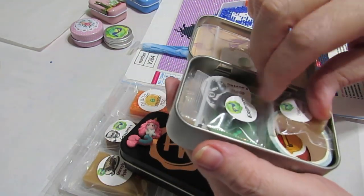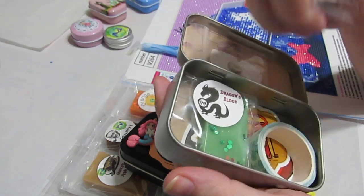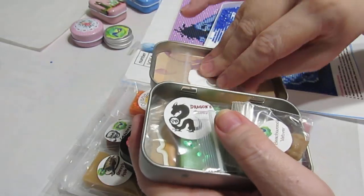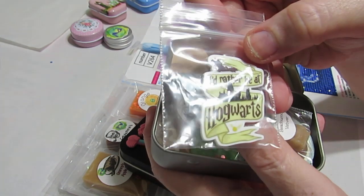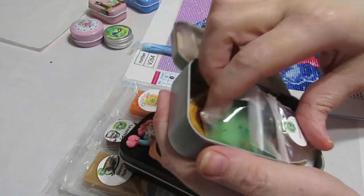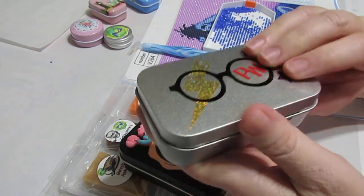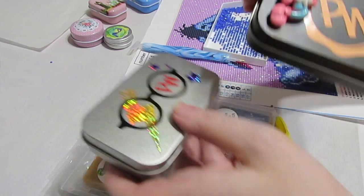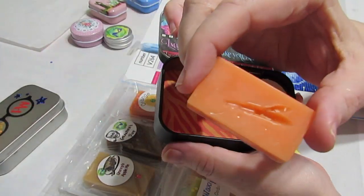I'm lying. She put candy in there, and she puts some little samples, washi tape, stickers, and a cover minder. Now this one has to do with Harry Potter. I'd rather be at Hogwarts. And she decorates the little tins so cute. So I have picked up a couple. This is the cover minder that came with this one. And this one I have been working out of. You can see I have been using this